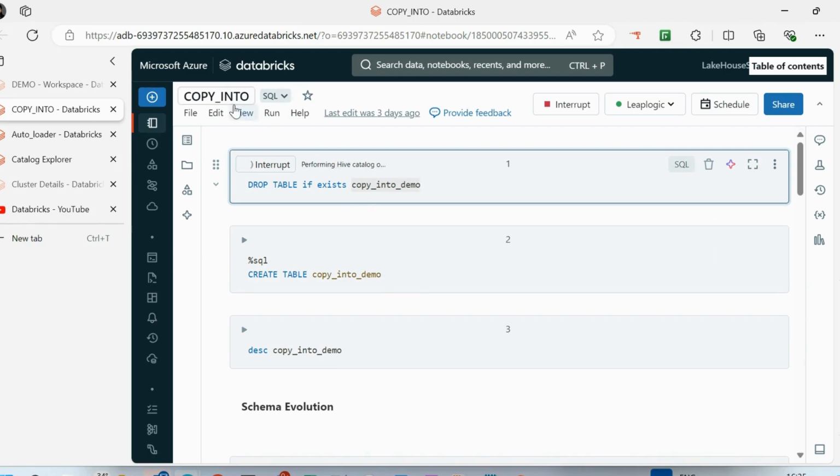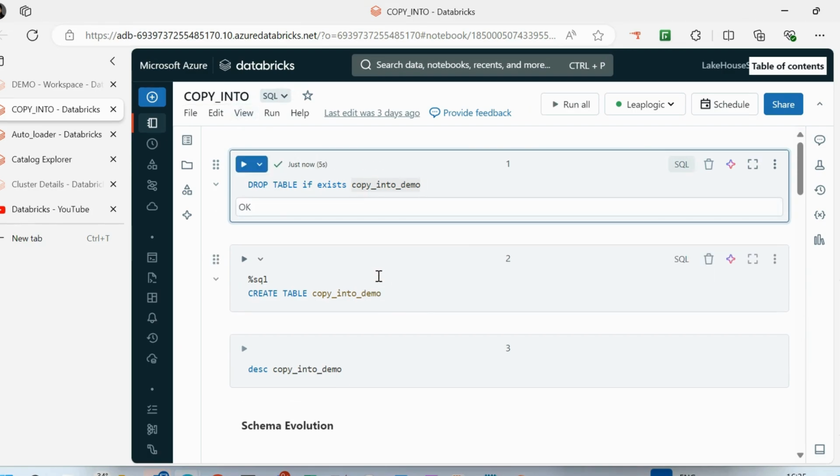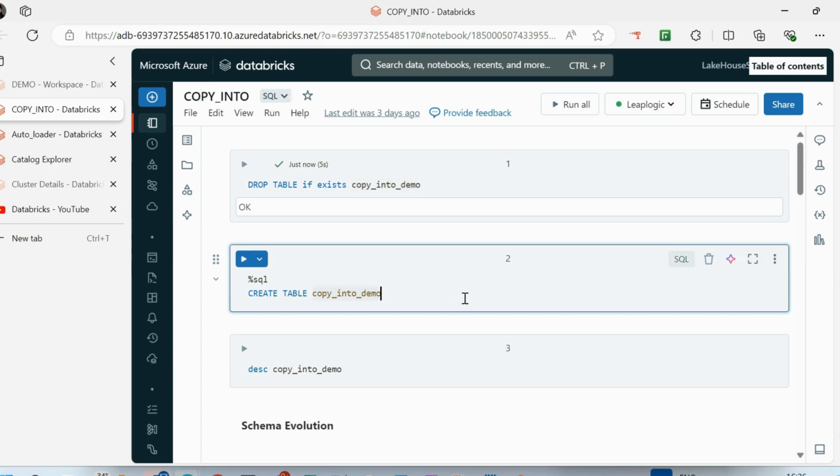Now, in the copy into, the most beneficial thing that I could see is you don't have to mention the schema of the table while saving the data into the table. Even if you don't create any schema of the table, as it has a schema location from where it infers the schema and stores it. So it is good that you don't create any schema, and while reading it, it's inferring the schema and processing the data.